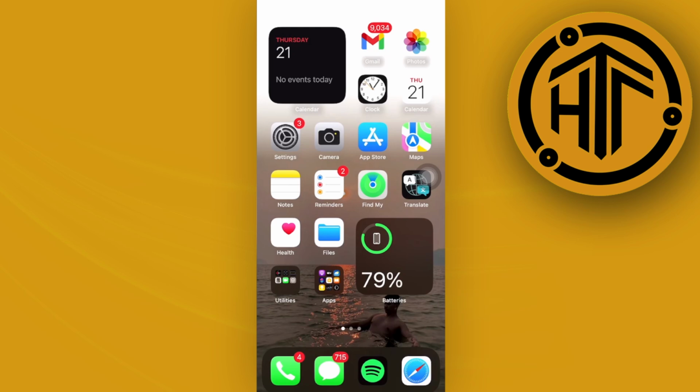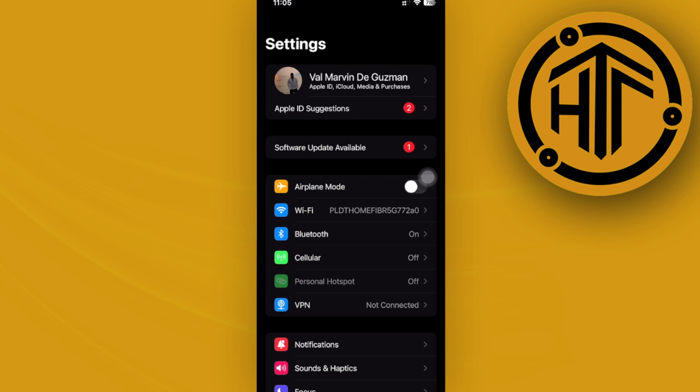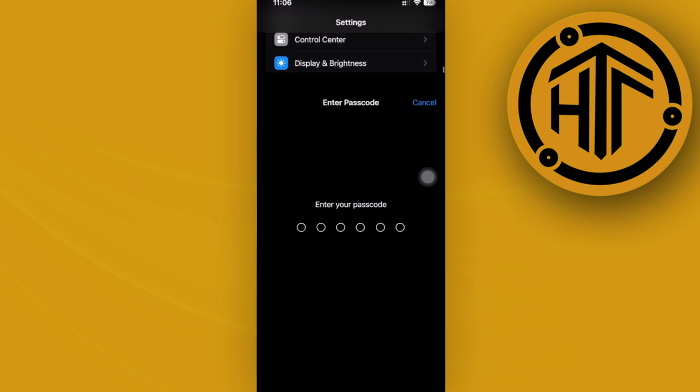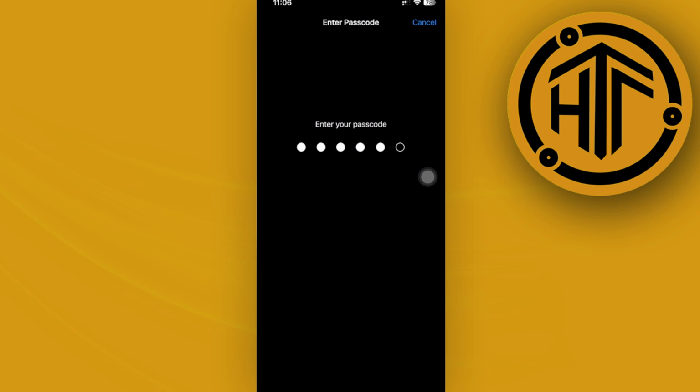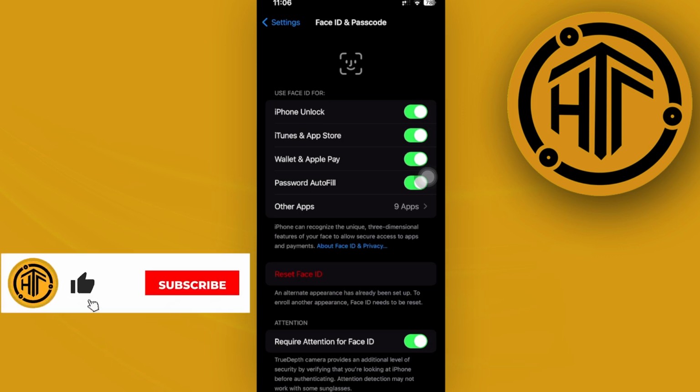So what we actually need to do first is to go ahead and proceed with going over onto the settings application. So I'll launch the settings and I want you to tap on the Face ID and passcode settings. So hop on over to the Face ID and passcode, enter your passcode real quick, and then what I want you guys to do from here is to proceed to the top section where it says use Face ID for,